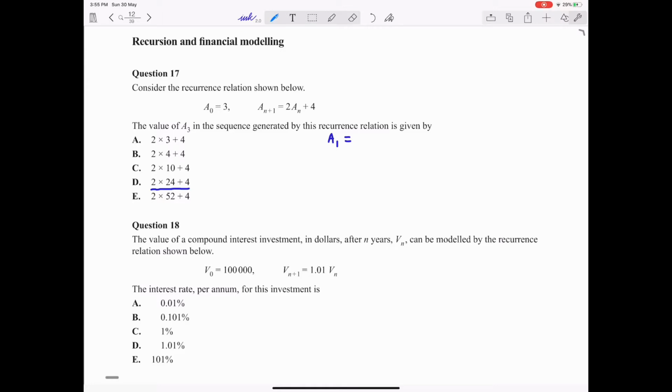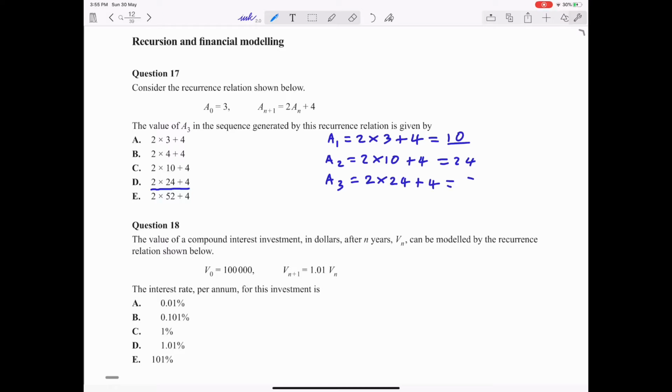So question 17, consider the recurrence relation shown below. The value of A3 in the sequence generated by this recurrence relation is given by. So basically we've got to find the value of A3. To do this, use the formula they've given you. So we find A1 first. So it will be 2 times 3 plus 4, which equals 10. And then you've got to find A2 by using the value of A1. So 2 times 10 plus 4, which equals 24. And then you find the value of A3 by using the value of A2, which is 2 times 24 plus